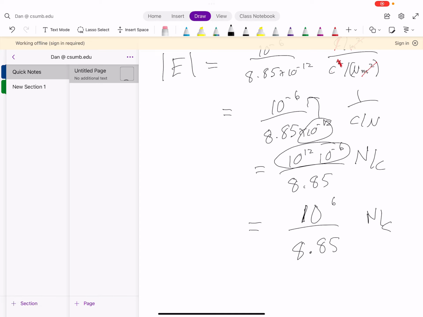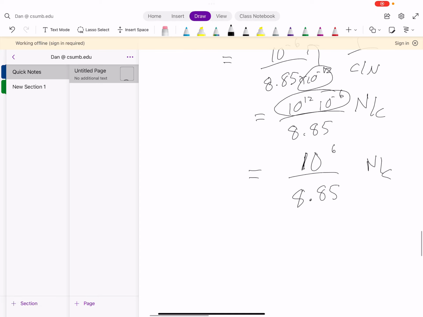I actually don't have a calculator handy, but I know that this is going to be making it smaller by almost a factor of 10. So if I do the math, you do it on your calculator. It's going to be something like this, 10 to the 5th newtons per coulomb. And this over here is going to be a little bit over 1, something like 1.12 or something like that. I have to check that. I'm not sure of this exact digit here, but that's close. Approximately 1.1 times 10 to the 5th newtons per coulomb. It's going to be the value of the electric field strength